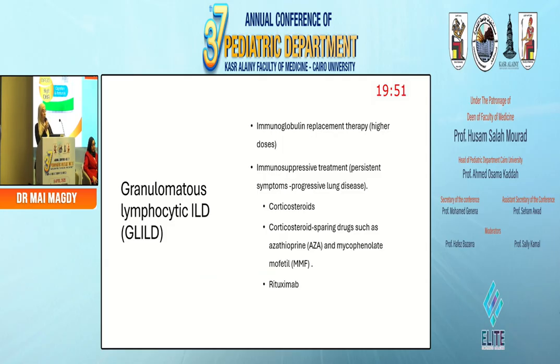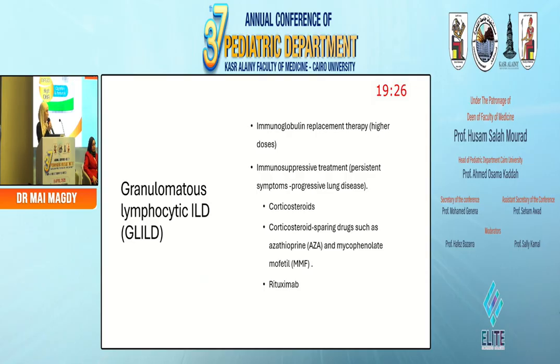Regarding the treatment of the granulomatous lymphocytic ILD, the most important and sometimes the only therapy is immunoglobulin replacement therapy. However, in those patients, higher doses are needed, which may reach 600 milligrams to 1.2 grams per kg per dose, which is higher than the regular IVIG doses we give to the other